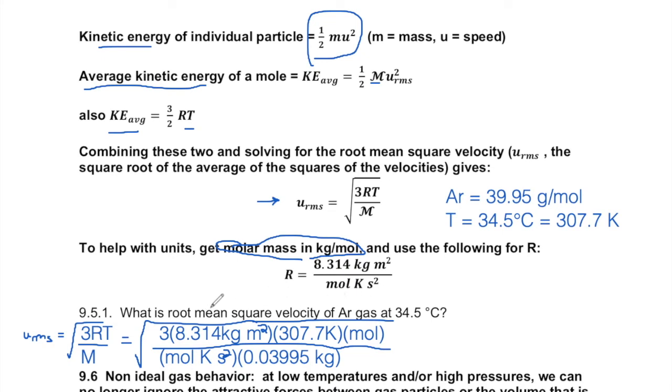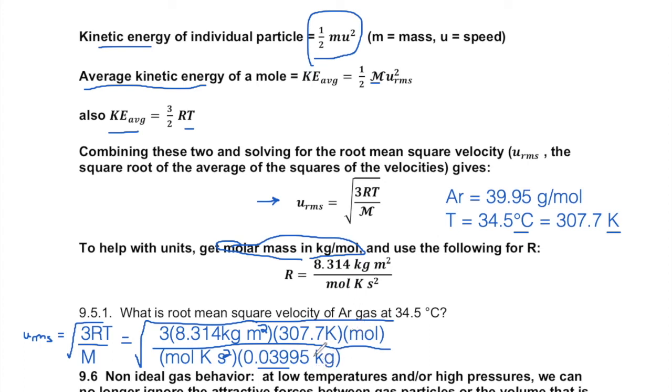So we're going to figure out the root mean square velocity of a sample of argon gas that is 34.5 degrees Celsius. So this 34.5 degrees Celsius has to be converted into Kelvin. So we've been doing that all along for these gas laws. And also argon is 39.95 grams per mole. Just an atom of argon is argon gas. And we need to convert that into kilograms per mole. So we need to divide that by 1,000, and so we come out with